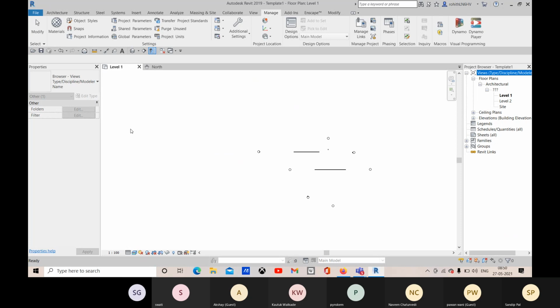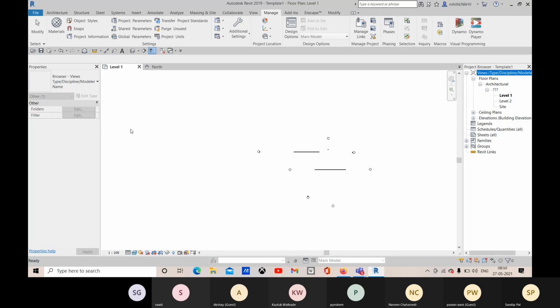So design by, suppose you can see that one pin scheme is created, right? And for these two, you can do it again, and here you can define another name, and here it is created. So here you can see that within this architectural discipline, we have these designers or the modelers who have created these views. Okay, so this way you can organize the project browser.